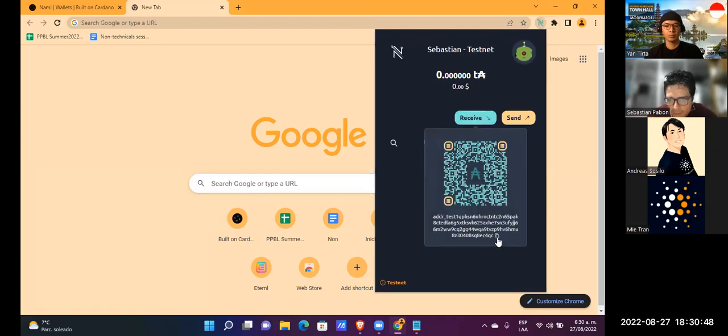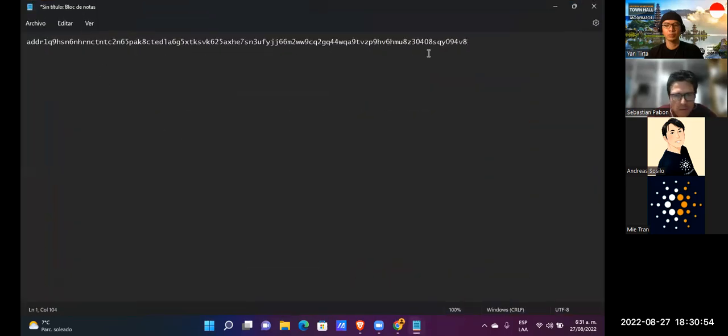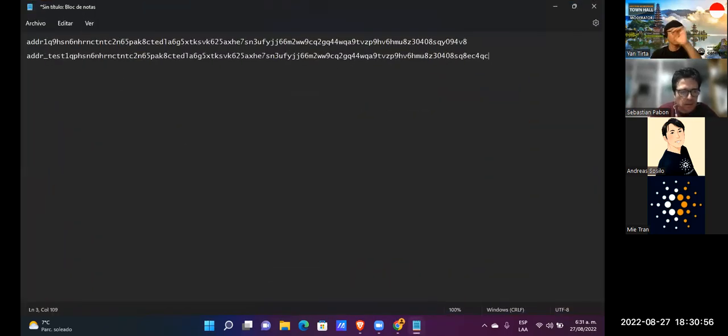You can see a key difference: an address of a testnet includes this "test" designation, and an address of the mainnet, a real address, doesn't have that section.